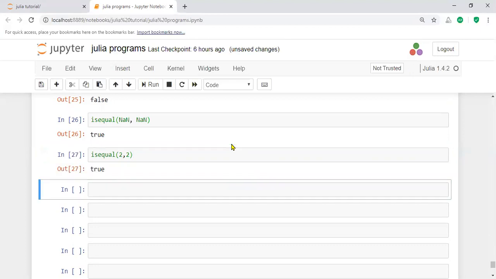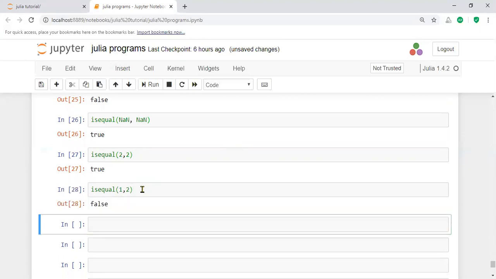For example, isequal(2, 1), here it produces a false result. Similarly, isequal with NaN values.